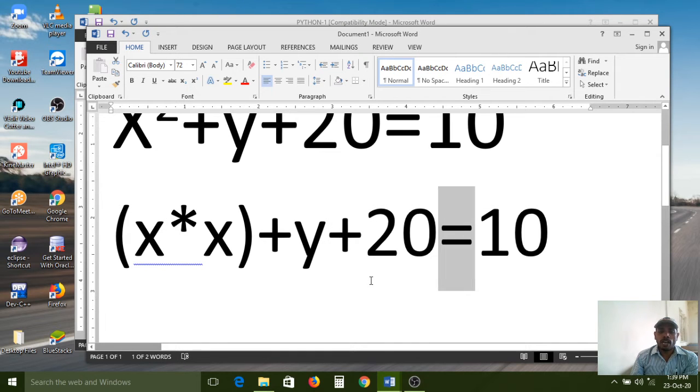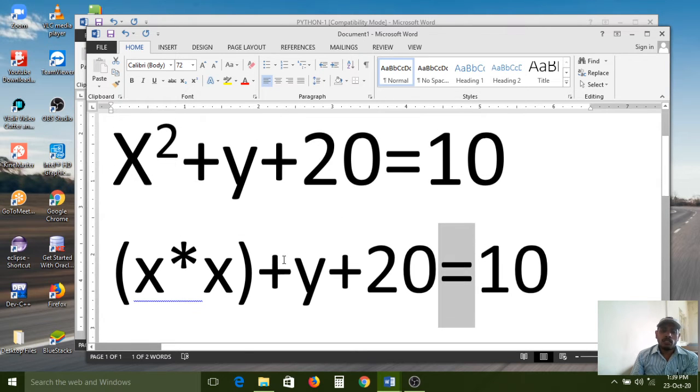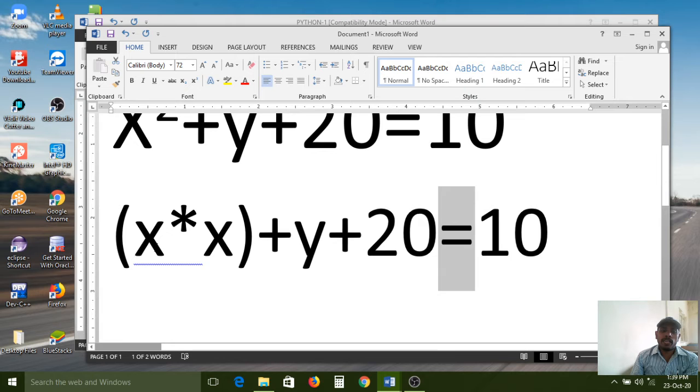Now you understood what an operand is and what an operator is. Here operands are x, y. Operators are plus, equal symbol and multiplication symbol.